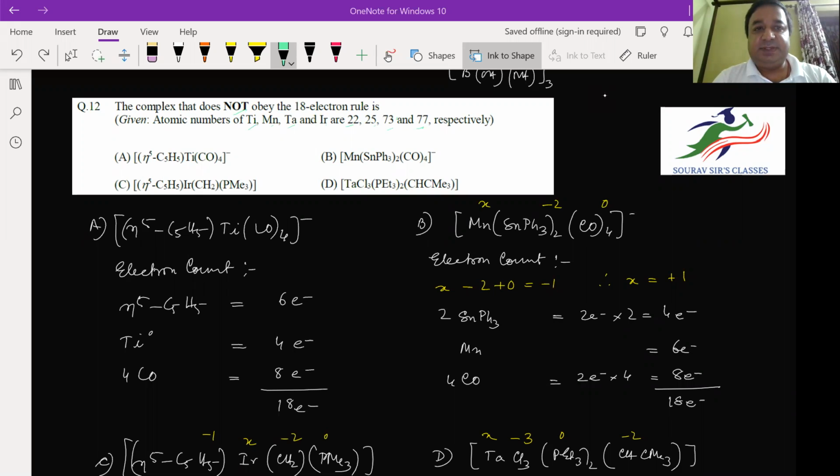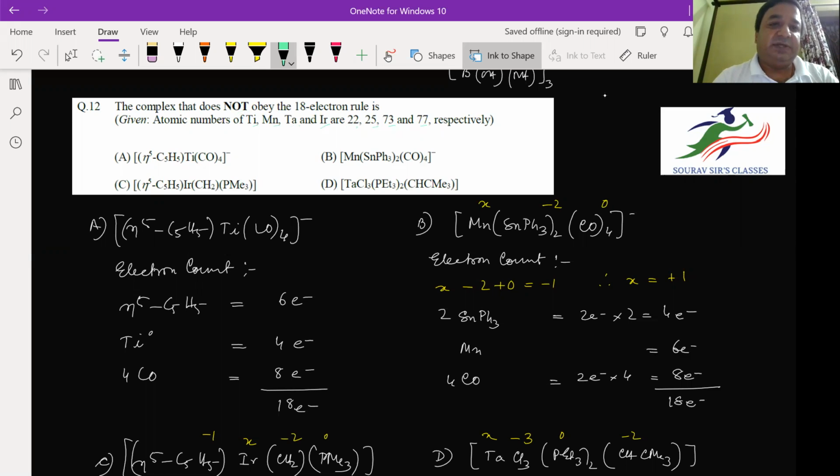Now, for question number 12, we have been given the complex that does not obey the 18 electron rule, and we have to find which one it is. So here we have been given the atomic numbers of titanium, Mn, tantalum, iridium as 22, 25, 73, and 77